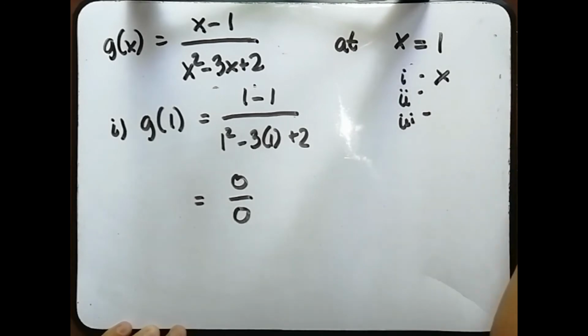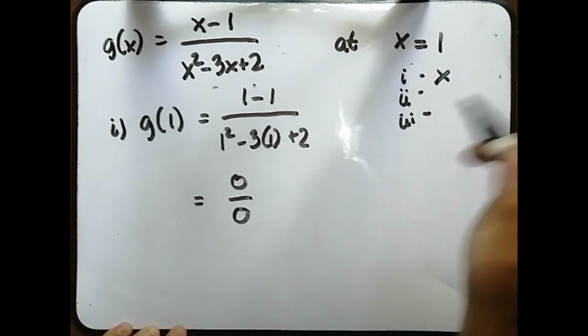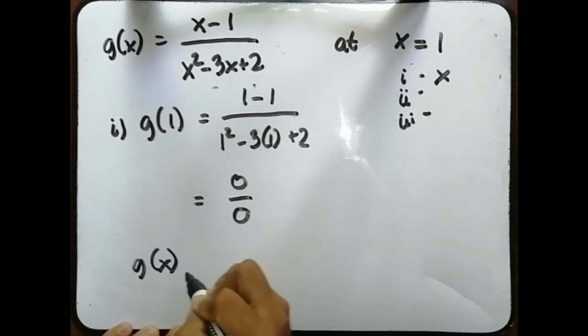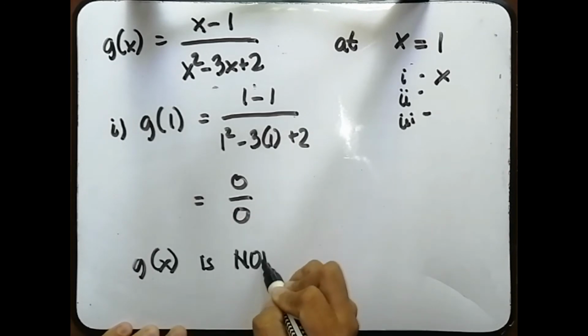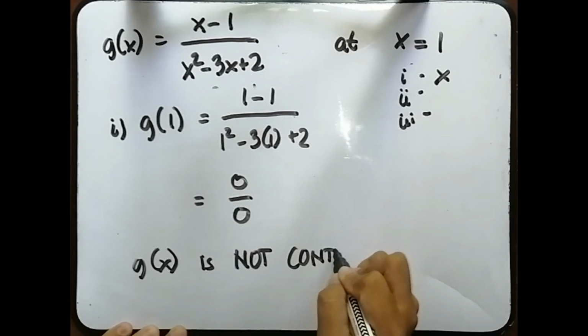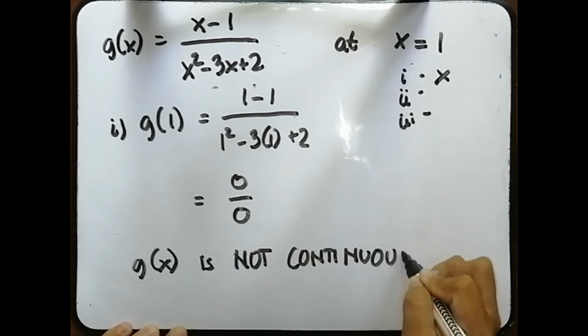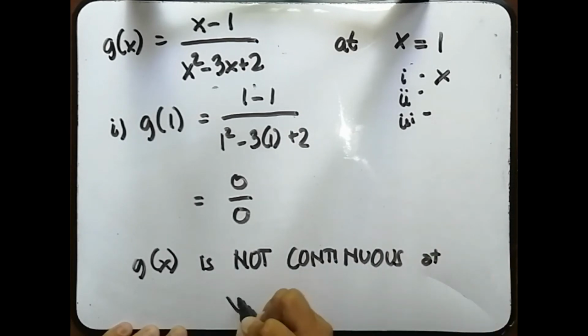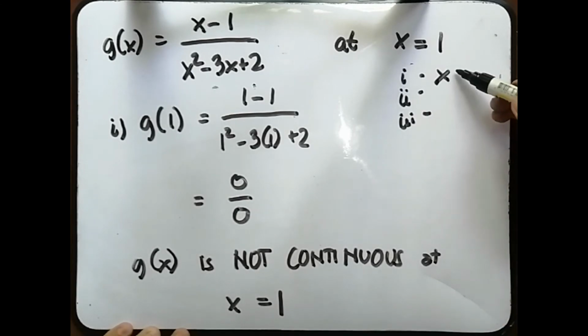So, first criterion pa lang, hindi na nasatisfy. Therefore, g of x is not continuous at x equals 1. So, hindi na natin kailangang i-check pa yung dalawa kasi first criterion pa lang, hindi na